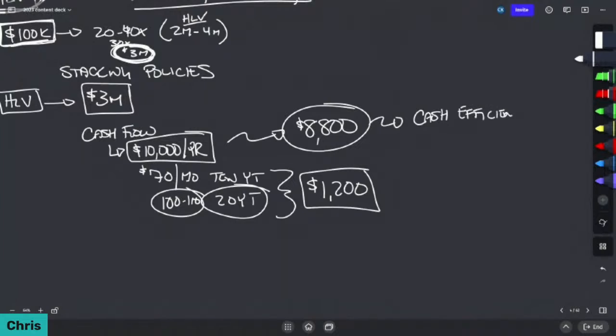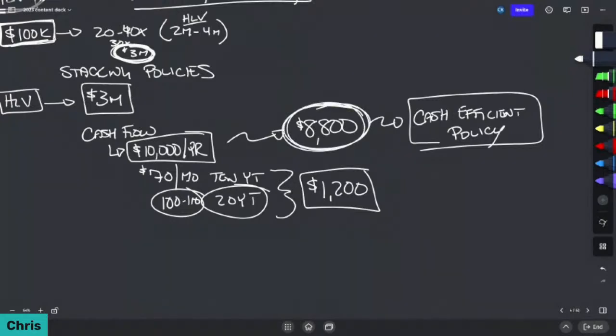One of the things I learned from Don Blanton back in the day, and I used to love doing this, is everybody thinks about a MEC as a modified endowment contract, and that's a bad thing, right? When you MEC a policy, you lose the tax advantages to it. But financing a policy and funding a policy right up to the MEC limit, right up to the $1 or less than MEC